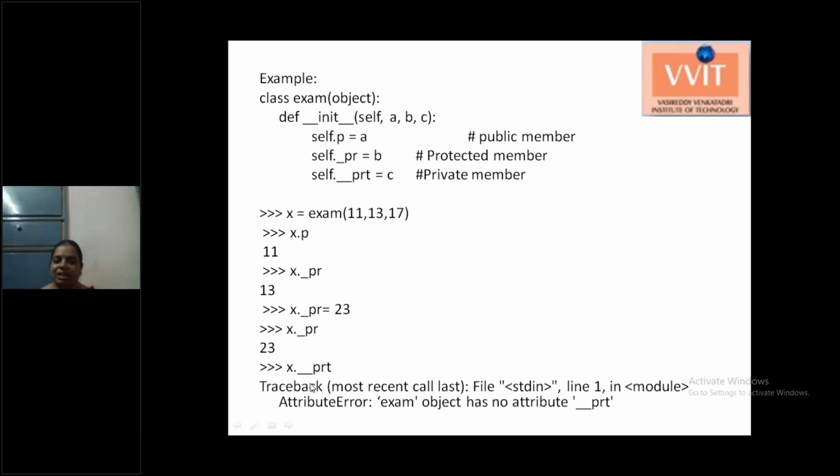The x object doesn't have any variable PRT, because it is not accessible or visible outside the class. You will get the error message for private variables. I will show this using an example.